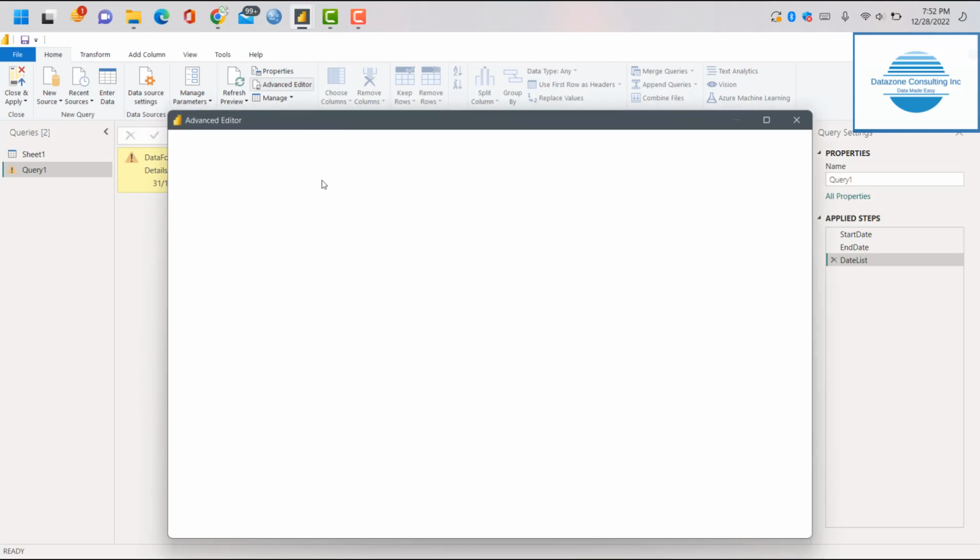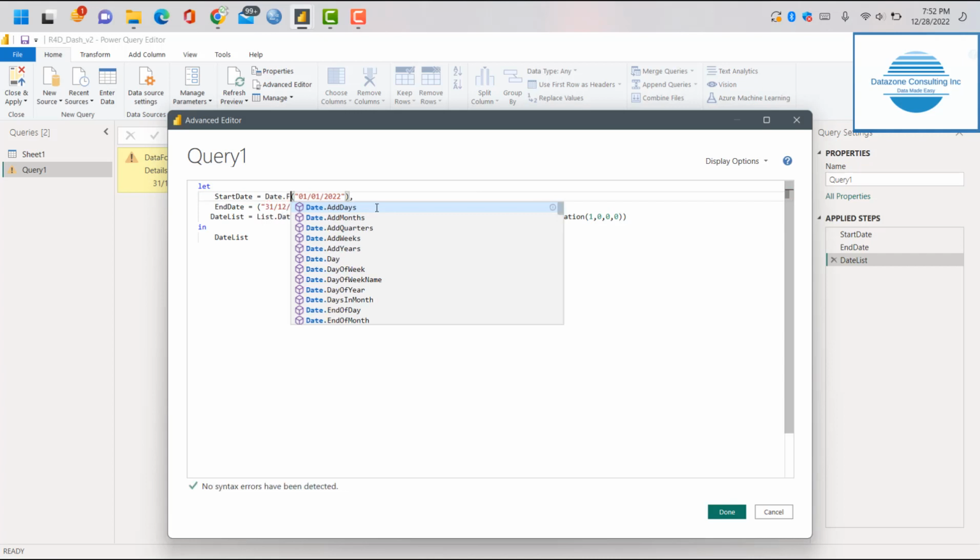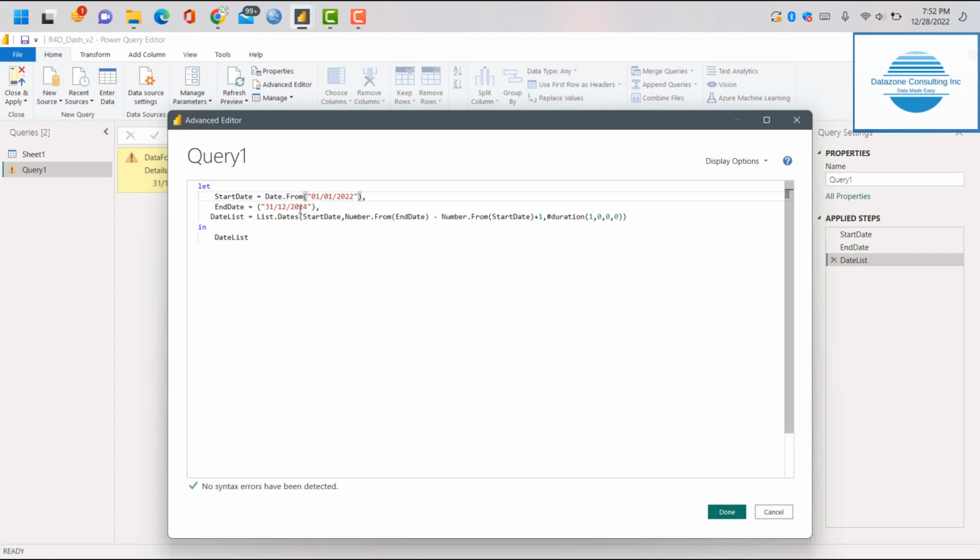Remember when we're defining the dates, we wrote the date, okay, just as a text string, okay, we just put it in quotation marks. So it's just text, it's not written as clear as date. The way to define this as date is that we need to ask Power BI to extract the date out from the text string that we've typed in there. So you need to do this, type date, then you write date dot from. Okay, that's a function they use. Then over here as well, date dot from. Okay, so once that is done, that problem